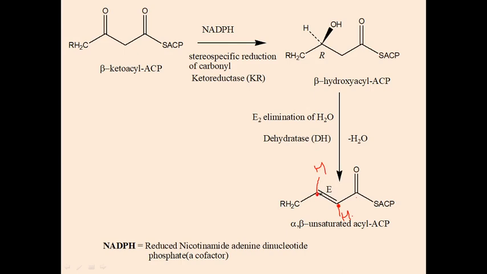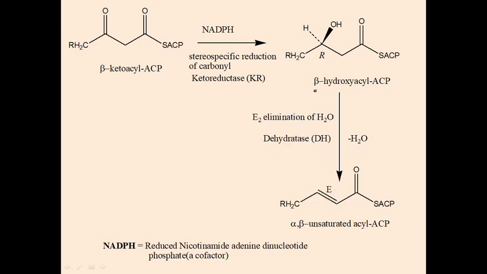Like I said earlier, the atom which has the highest atomic number will be given highest priority. So obviously here carbon will be given priority number 1, and hydrogen will be given priority number 2, of this carbon. And here of this carbon, this carbon will be given priority number 1, and this hydrogen will be given priority number 2. Now let me draw a plane here and look at this plane. Look, are the highest priority atoms on the same side or opposite side? These two are the highest priority atoms and they are on opposite sides, so that's why it is called E, from entgegen, or opposite. That's why it is called E configuration.